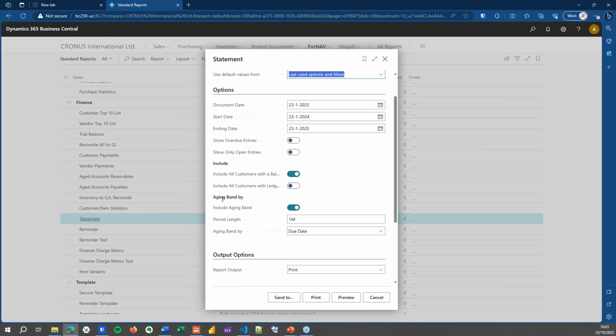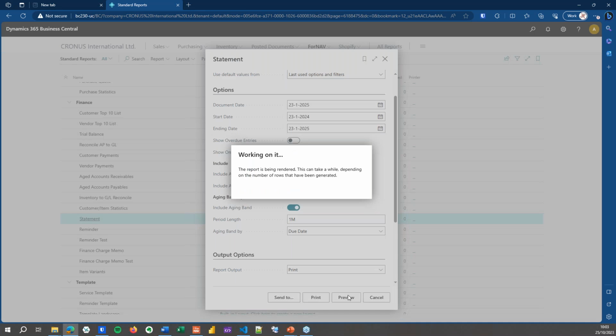On the statement, I've got the aging band, include aging band, yes or no. And we have the period length, and you can set the date by which the aging is calculated, which is at the moment the due date, which I'm happy with. Period length by default is 1 month. And if I preview this report,